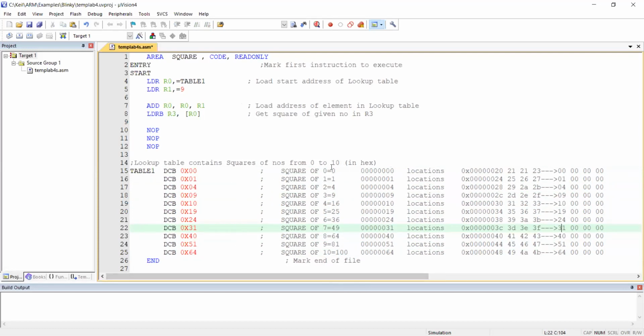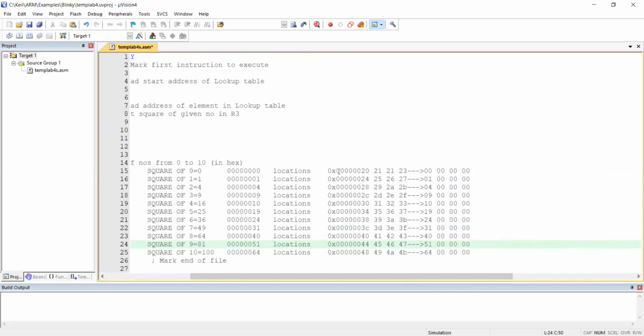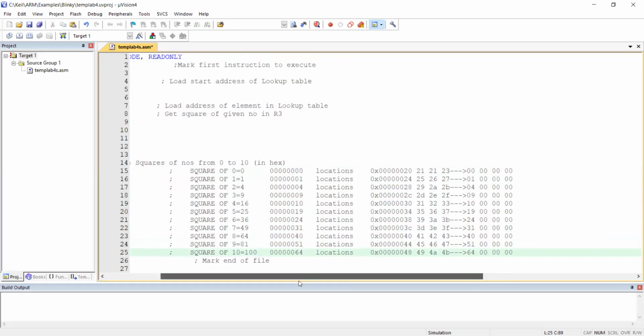0 square is 0. 1 square is 1. Like that, 3 square is 9, 4 square is 16, 8 square is 64, 9 square is 81. If you continue here, some locations you can leave aside. Once I show the execution part, you will come to know which number is present at which location.